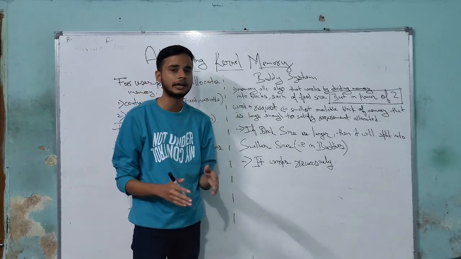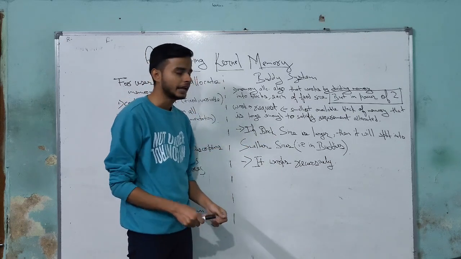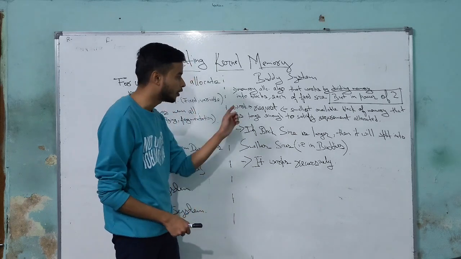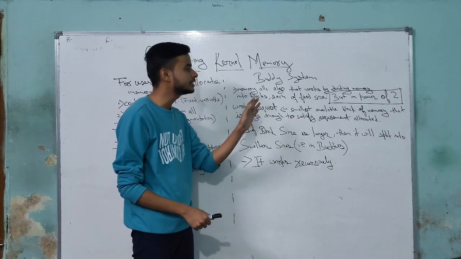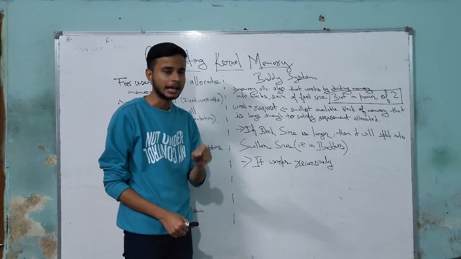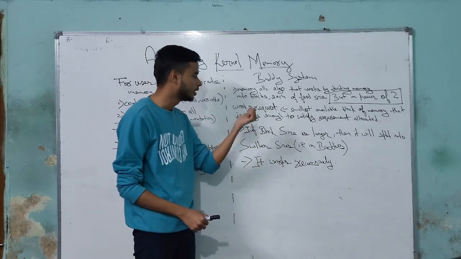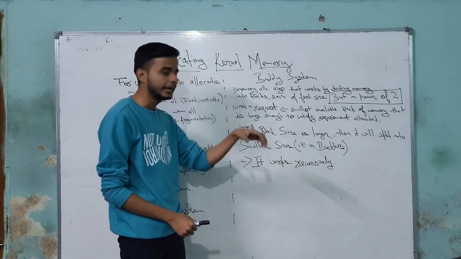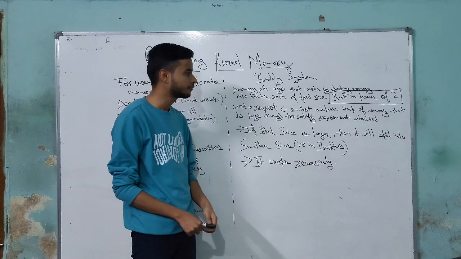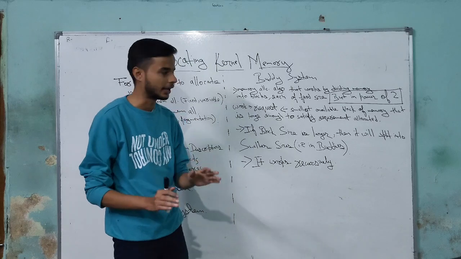Another thing is how the buddy system actually works. Whenever a request is made to the buddy system, it will search through the blocks of memory which are divided into powers of 2, and from them it will take the smallest available block of memory that is large enough to satisfy the requirement. We will make it more clear once we see the example of the buddy system.